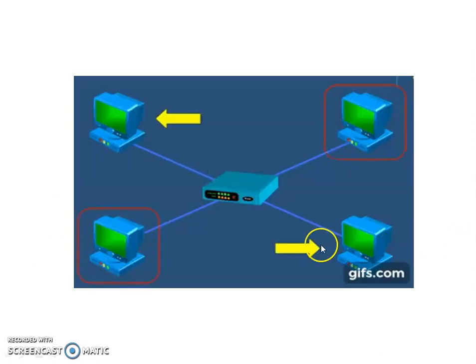Let us see how the hub works. Here 4 devices are connected to a hub, and this computer has to transmit data to this one. When the packets reach the hub, it replicates all the packets and transmits them to all the nodes connected to it. Even if this is the intended receiver, it transmits the data to all the nodes, that is, to unintended nodes also. That is why it creates traffic in the network because of unnecessary data transmission.